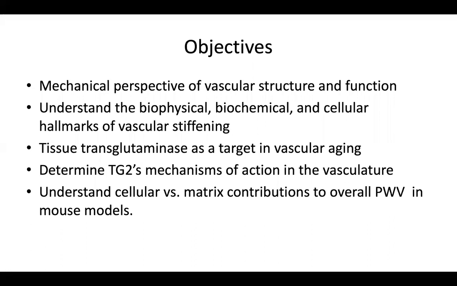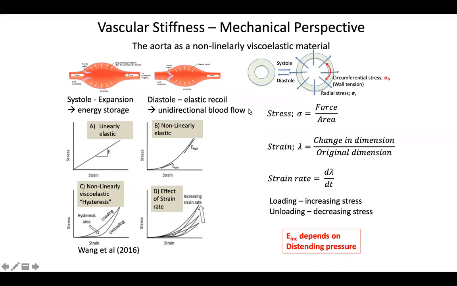And then I'll move on to our novel knock-in mouse model. Specifically, I'll be talking about an enzyme called tissue transglutaminase. I will often refer to it as TG2. So just a little bit more terminology with that. And then we will talk about what we can understand from the mouse model. So moving on to the main